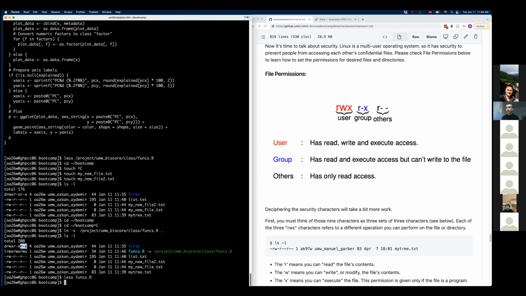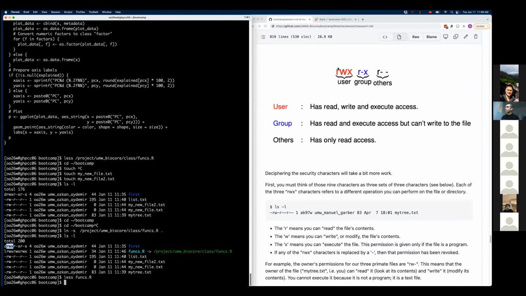And the last three are for everybody else who has access to this computer, right? So the cluster, so basically everybody in UMass. And everybody gets three permission characters. And as I said, the first three are user and group and others.